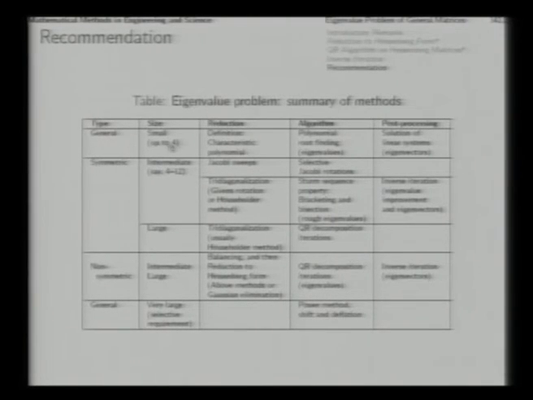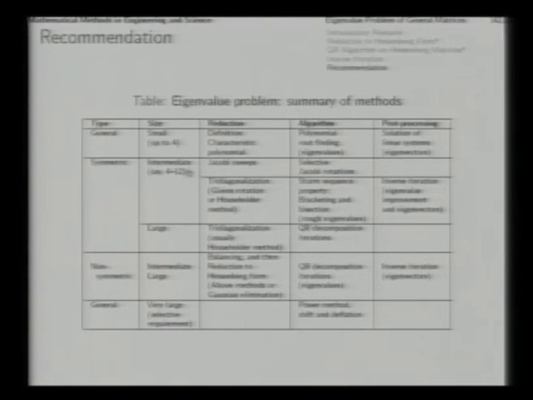For general matrices, if the size is extremely small, up to 4, then you do not need any sophisticated method. You can work from the definition itself, get the characteristic polynomial, and the algorithm is simply polynomial root finding, after which you solve the linear systems to get the eigenvectors. For intermediate size matrices, say 4 to 12, you can use Jacobi sweeps to reduce the matrix to an extent, and then rather than using further sweeps, you can use selective Jacobi rotations to diagonalize it completely, with no post processing required.